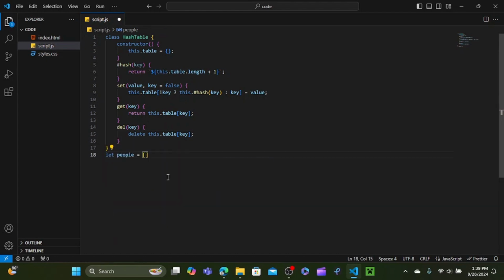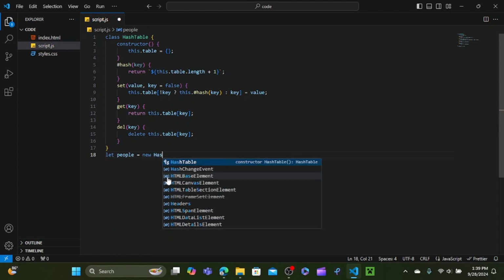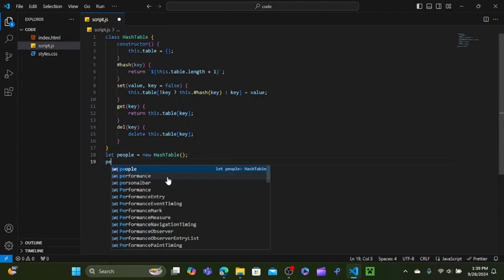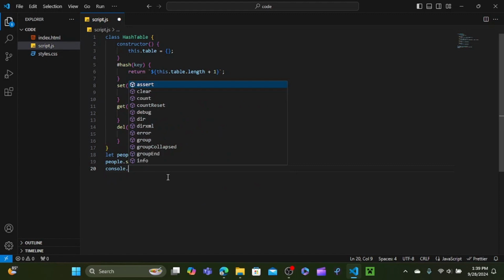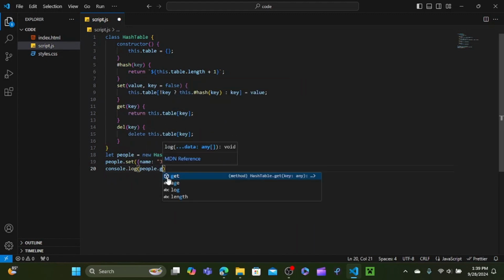Now let's test it out. So people equals new hash table. So let's say people.set, and we'll set a new person. Name John Doe, age 30. And then let's console.log people.get